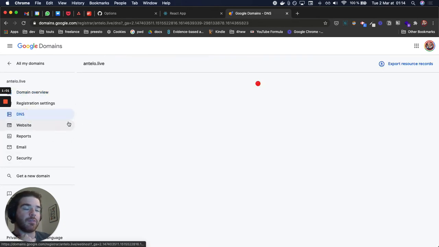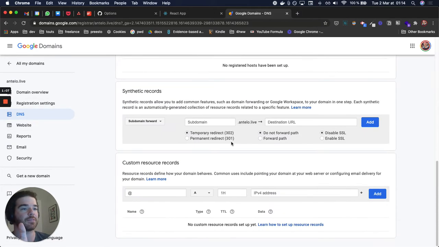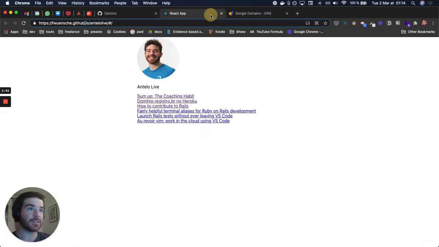So there you go. Whatever service provider you use, you're gonna go to the DNS settings, okay? And what you want to set up is this. You want to create A records for the root level, and you want to create one CNAME for the www level, which is gonna be your GitHub IO slash your project. And I don't know why there's this dot in the end. If you know why, please leave a comment below. I'm gonna learn something, and I try to learn something new every time.